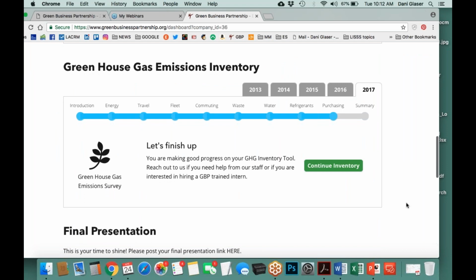Okay, so here we are with the greenhouse gas emissions inventory. So again, I just want you to know that I'm using the Hendrick Hudson Free Library as the example today, and they have granted us permission to share their tool. So from the dashboard, you can see there is a link to the greenhouse gas emissions inventory tool, and that